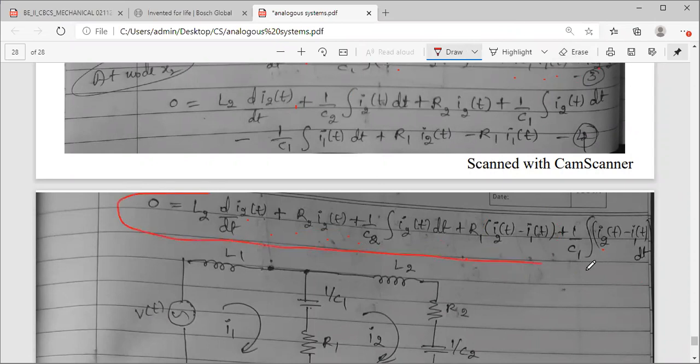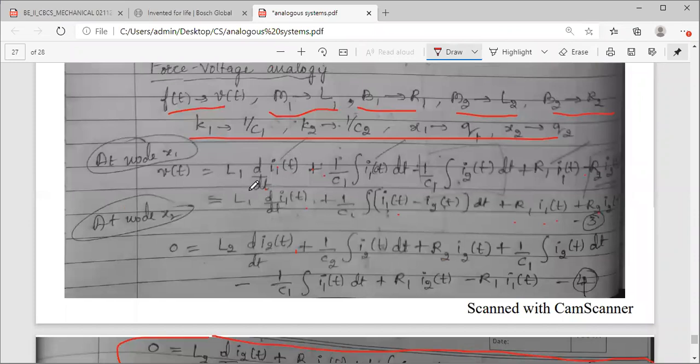This one equation we will refer. And let me write here left hand side V of t as it is. Okay, this thing. And I'm referring this equation also. These two equations I will refer. Compare for I1 of t. See, I1 of t. How many nodes are there? How many displacements? How many masses?